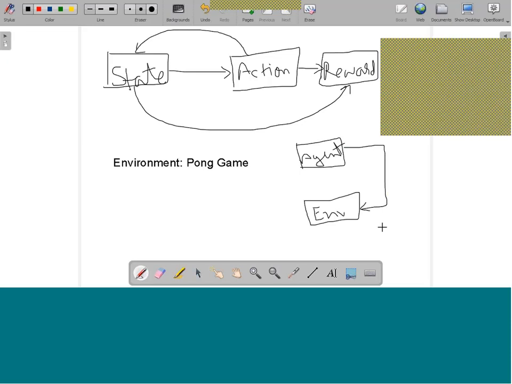Understand carefully. In supervised learning, time is not important. But in reinforcement learning, time is very important, because if your opponent makes some movement, then what your next movement will be is very important. Timing is very important here. So this is the action that the agent will do on the environment, and the environment will react to that action.